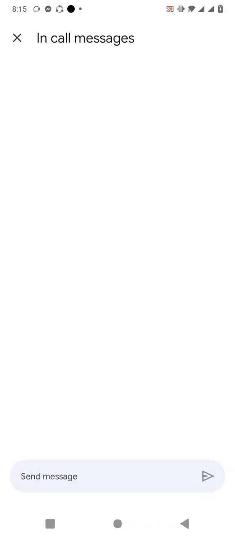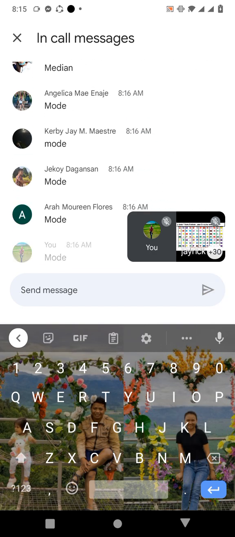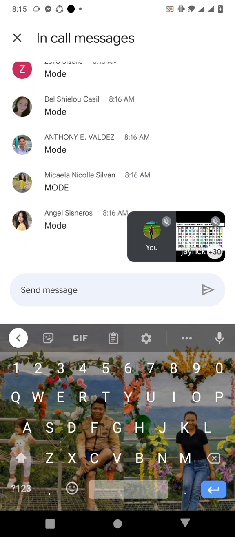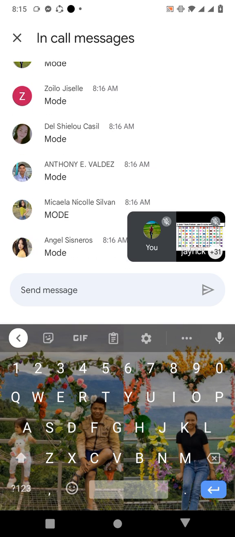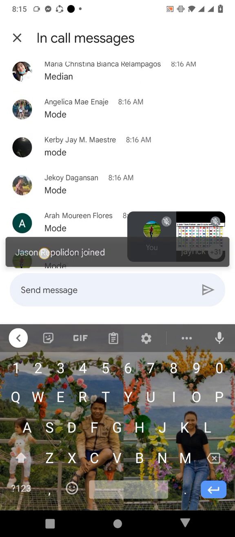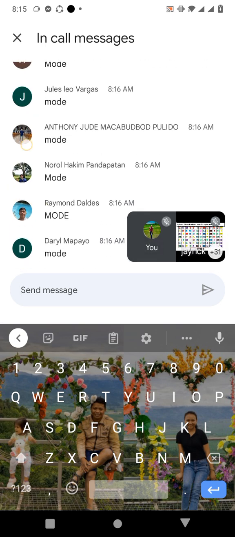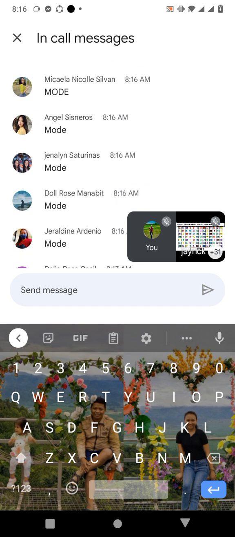Okay, you may send your answers. Only answers sent through a chat message will be recognized. Okay, so let's have this one. According to Rika James, that's mood. You have an additional 5 points. Mood. Now, to prove that you have seen this word, what color does each of the letters of the word mood have?